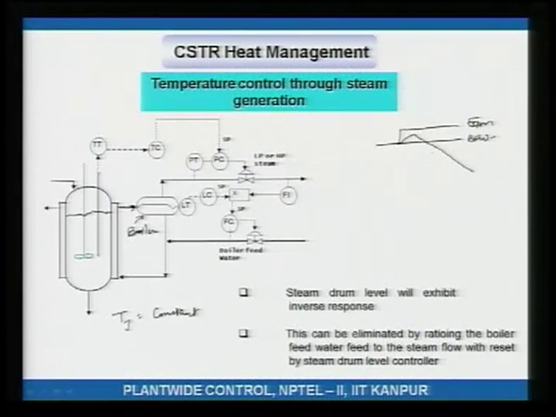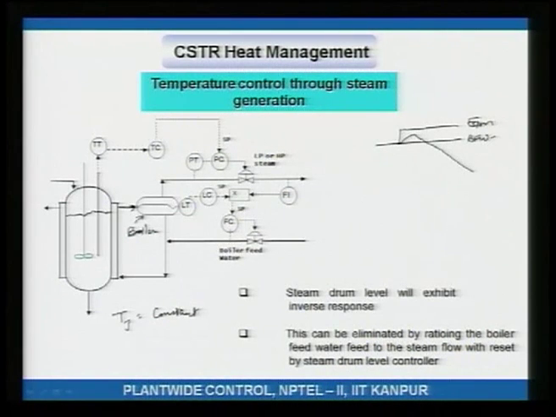Now let us say I did my level control without having this ratio station that is shown here, if I had just simply drawn, for example, a level controller that adjusts the boiler feed water and none of the complexity that is shown here, what would happen? Level is going up. If level is going up, it would reduce the boiler feed water. Well, the steam has gone up, you should actually be increasing the boiler feed water. Because of this inverse response, the boiler feed water will also go in the wrong direction.